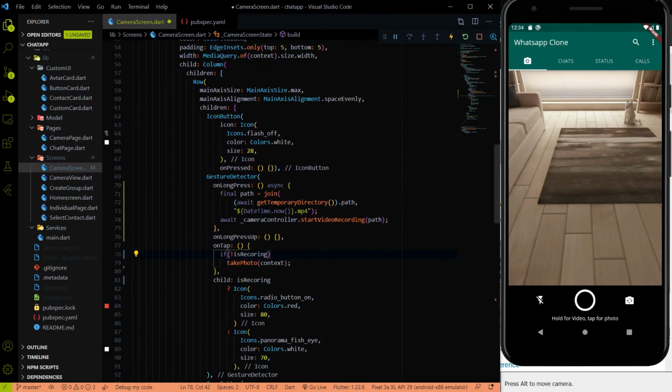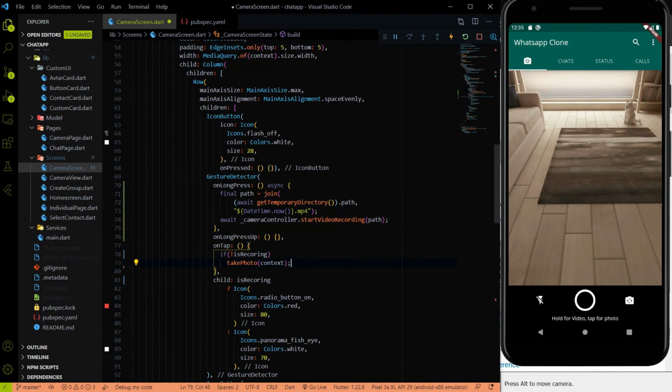Okay, like at the time of recording the video, we don't want to click the photo. That's why I added this condition, which means if is recording is false, then this condition will be true, then only click the photo, because at that time we are not recording the video. Otherwise, if is recording is on, which means it is true, then this condition will be false and we will not click the photo.